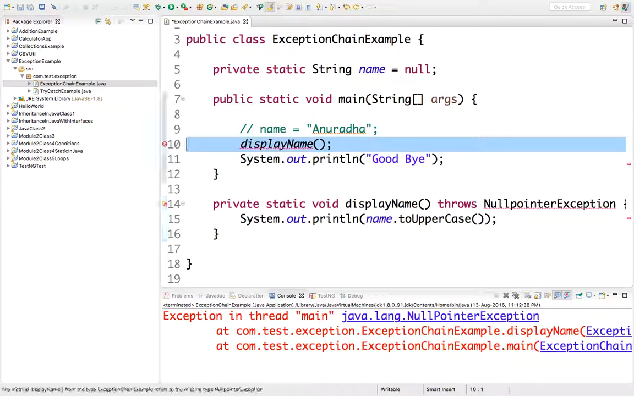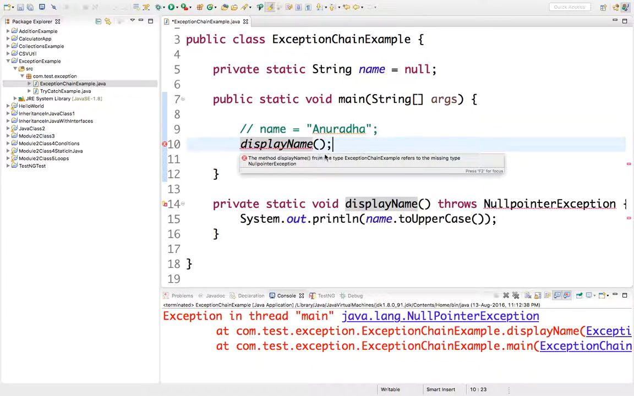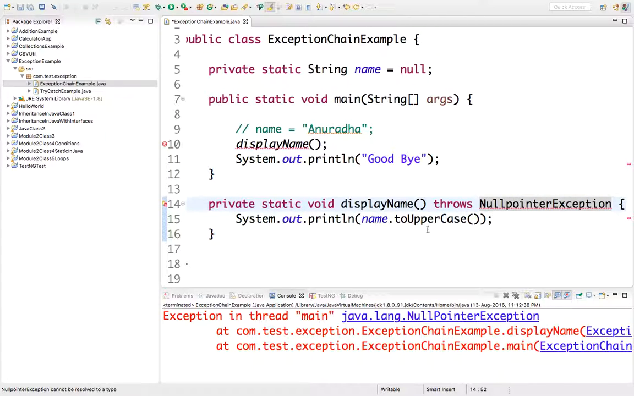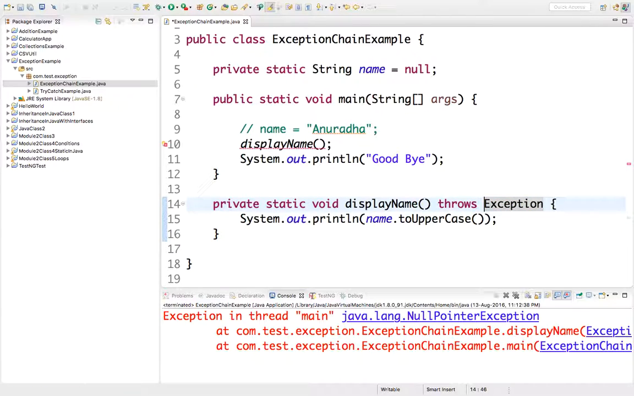Now the caller is red because the caller is saying that you need to handle the exception. It's a checked exception now. Somebody is going to call the display name method. The display name method throws some exception. You need to handle. Exception refers to the missing type null pointer exception. Okay, one second. Let's call it